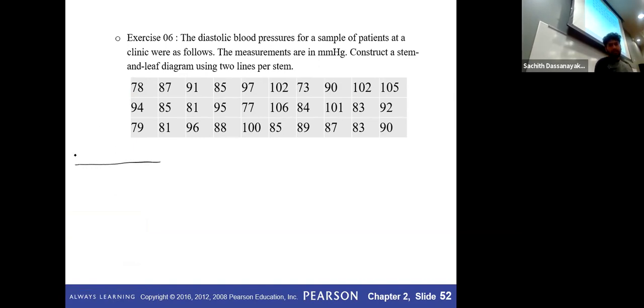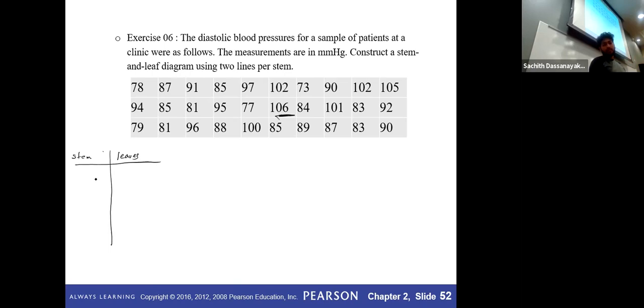Okay. Stem or stems. I think this many leaves. I have to figure out what numbers I have in this data. First the minimum and the highest one. The highest one I can see is 106 here. The minimum, 90, 80, 70. I think 70. Okay, so I can see values starting from 70 and going up to 106.